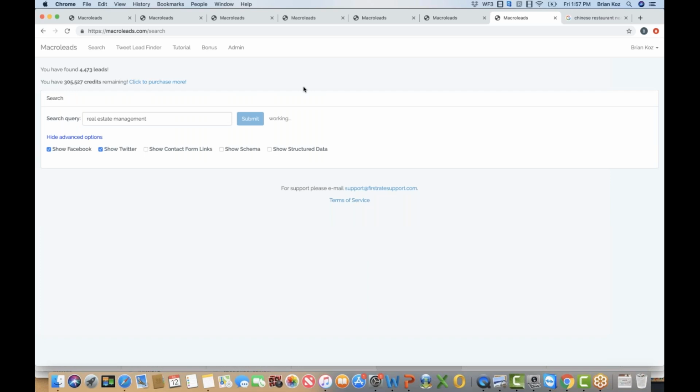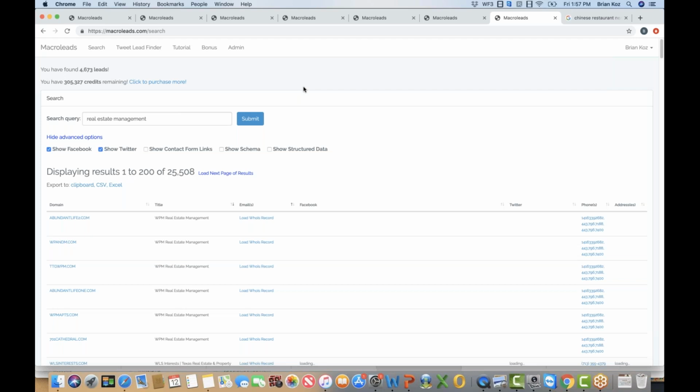And then after it shows you those, it will go through all those leads. And that next part can take up to like a minute or so to go through each and pull up the info in real time. And what's neat is that these aren't old leads. So this is constantly finding, like right here, over 25,000 leads in real